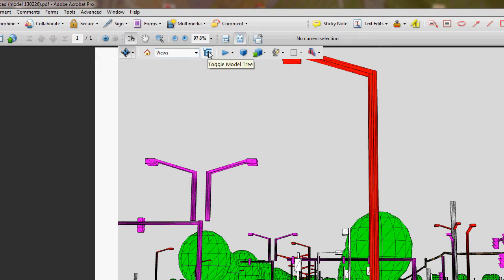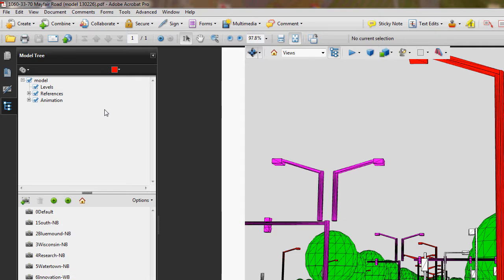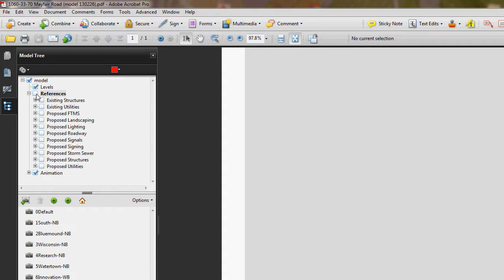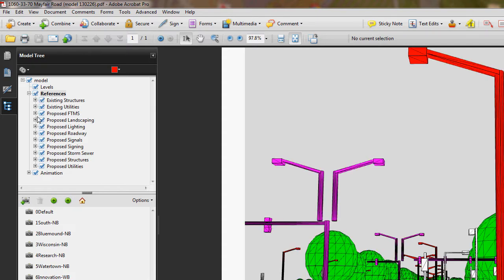There is a model tree, and this is the icon for toggling the model tree. It'll pull up to your left, and there are essentially folders for each of the major components. And if you watch the view to the right, by opting to select various components, it'll just display those. You can drill down in them, and